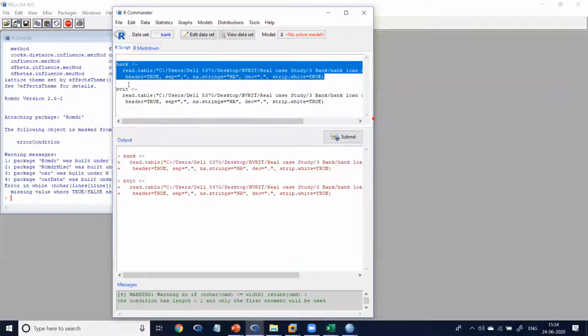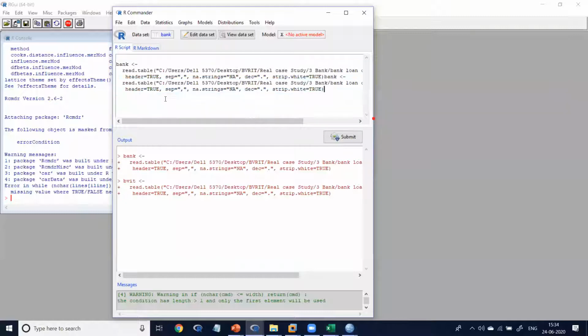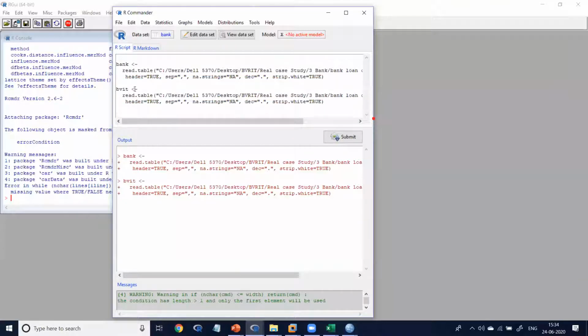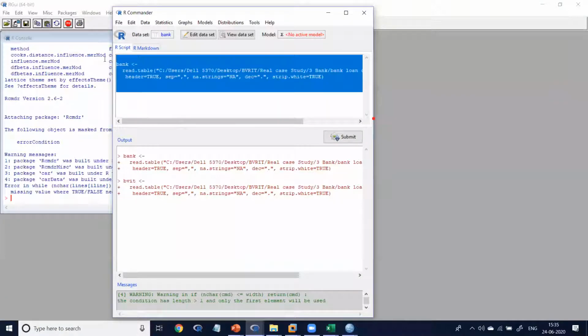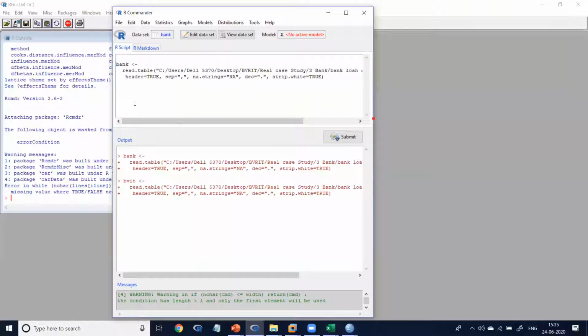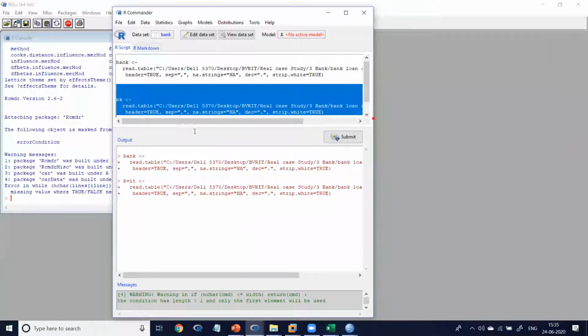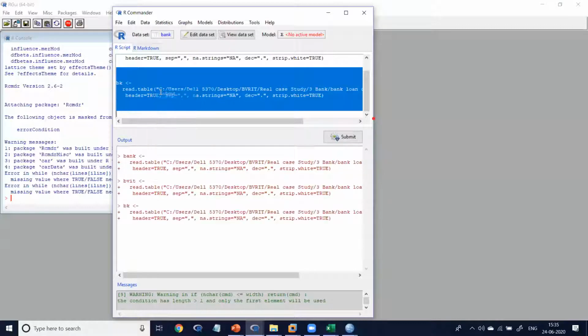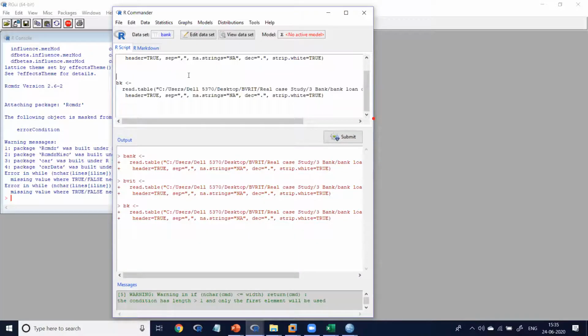Two data sets created. Data 1 bank, data 2 BK. Right click, submit. If something is wrong, it's not created, and I will go to the next level and show it later.